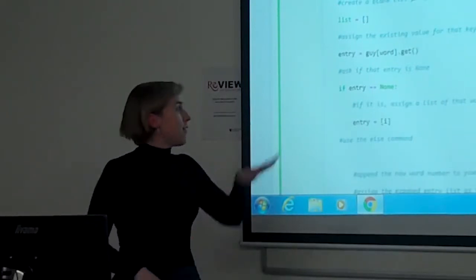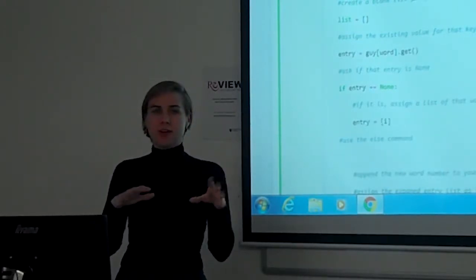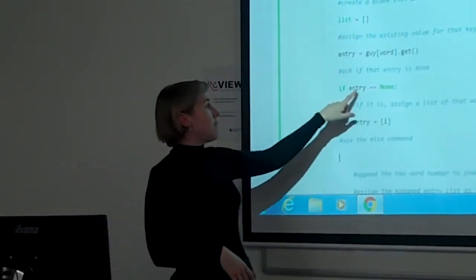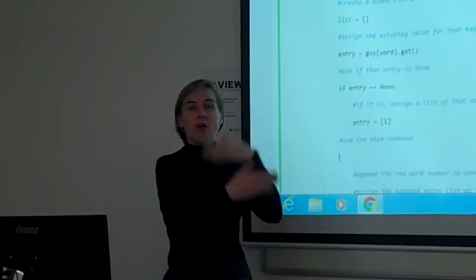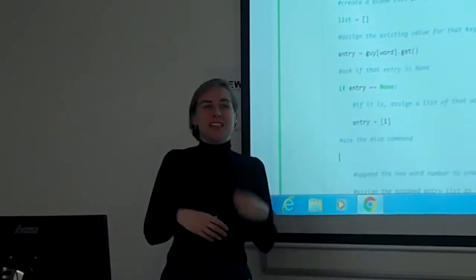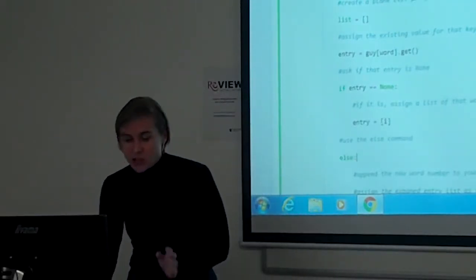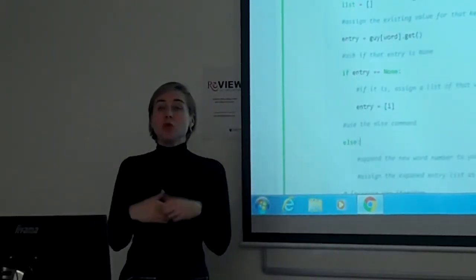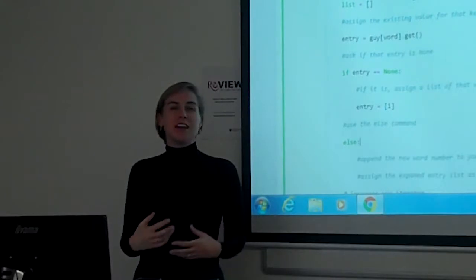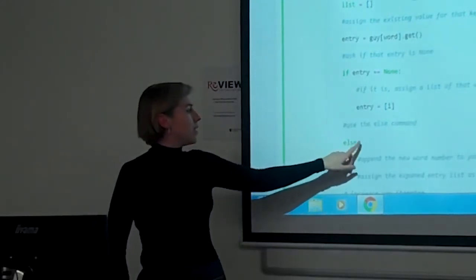Okay, so if its entry is equal to none, make the entry a blank list with that one number in it. Perfect. Now let's say it does have a value. The way that we say, if this, and then the other half of that, so if not this, is called else. So in other instances, if this, else do this. It sort of makes sense in English. So it's literally just else. If you want to do lots of if statements, you could do if, else if, else if, else if, else. Else is kind of the last result. You know, if nothing else works, do this. So else,